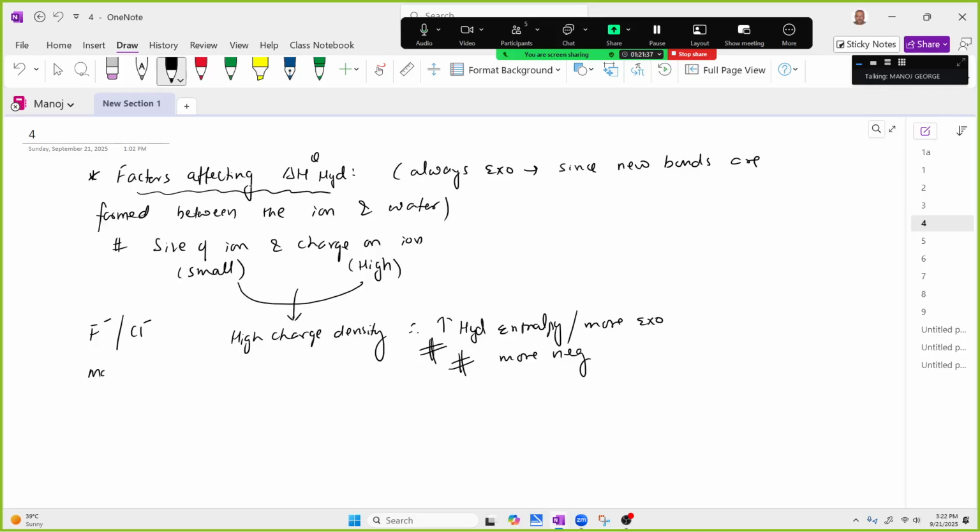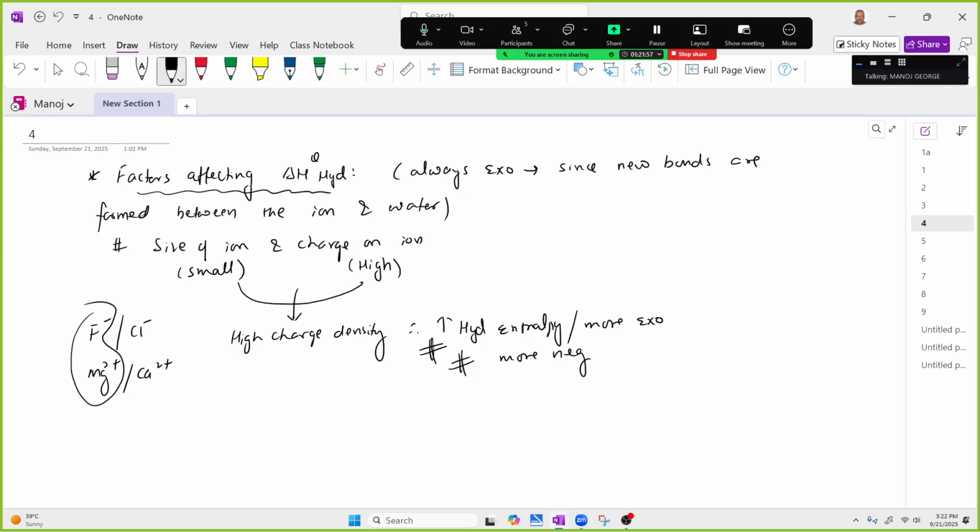Similarly, I can give you, all these are past paper questions, magnesium ion and calcium ion. Which one do you think will have higher hydration enthalpy? Your guesses, please. Fluoride versus chloride ion, magnesium versus calcium ion. So out of fluoride and chloride,